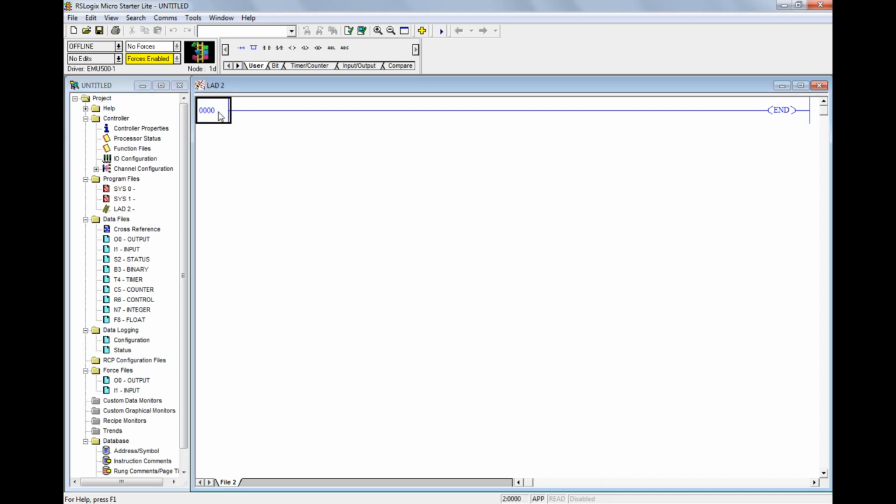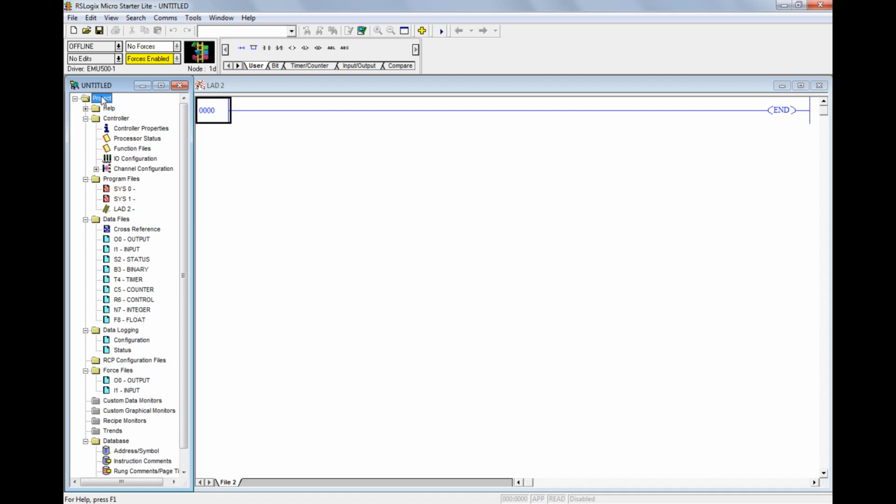This is the rung we have seen. Rungs and rails: these vertical lines are the rails, and the horizontal line is called the rung. You can find the normal tools like open, save, print, and you can verify the file, I mean, for error checking. The zoom option is there, zoom in, zoom out and all. And these are all the instructions you can get. For writing a program, we need instructions, so you can get those from here. And this is the symbol we have seen for the programming software.